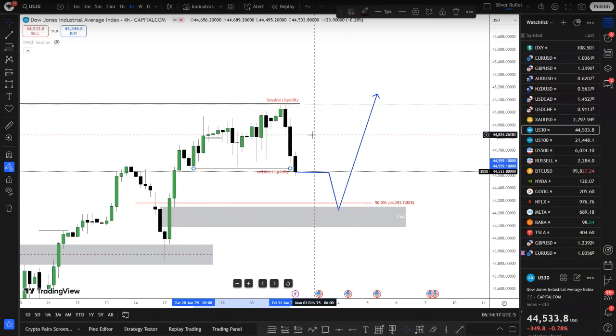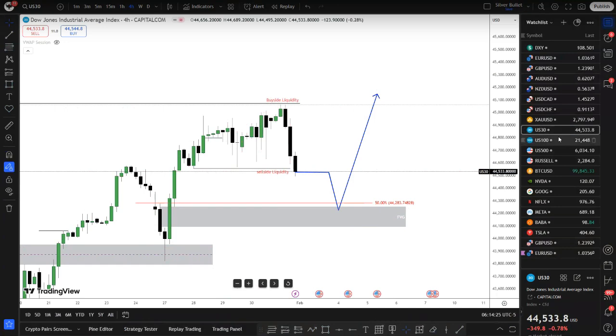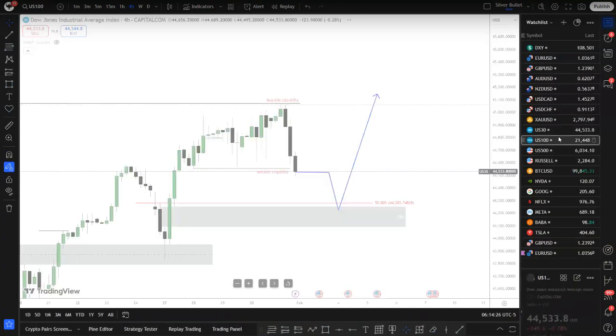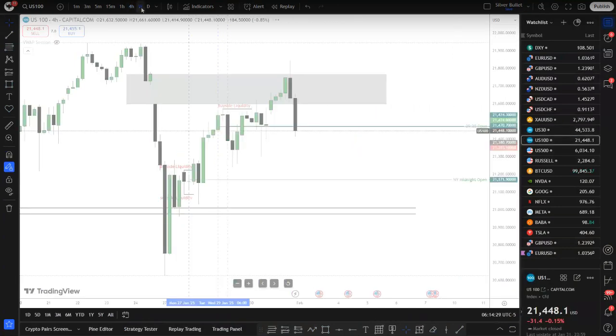Only if we are bullish, which means this one is simply a sweep of liquidity to the low, to the main threshold of this order block as well, this fair value gap, before we can rally to the upside. That should be Dow Jones, aka US30 or YM. Let's look at Nasdaq.